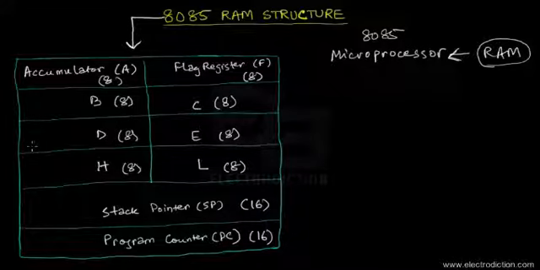This is all built within the 8085 chip. But the fact is that all the RAM that you can see over here, this entire RAM content of the 8085 microprocessor, is based on 10